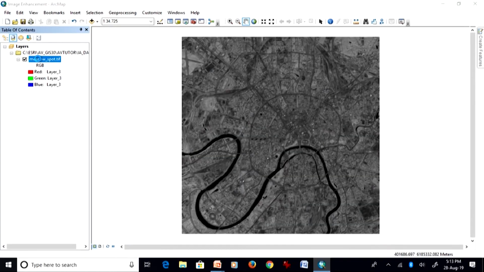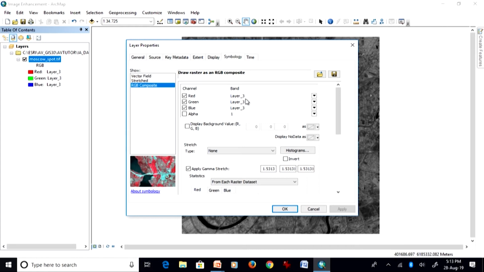Now, we will also go through the other channels and see what the responses are in the visible part of the EM spectrum, especially two channels, one belonging to the blue part of the EM spectrum and another to the green part. So, if I go here, instead of having all 3, I will now choose band 1 in all these 3 layers.